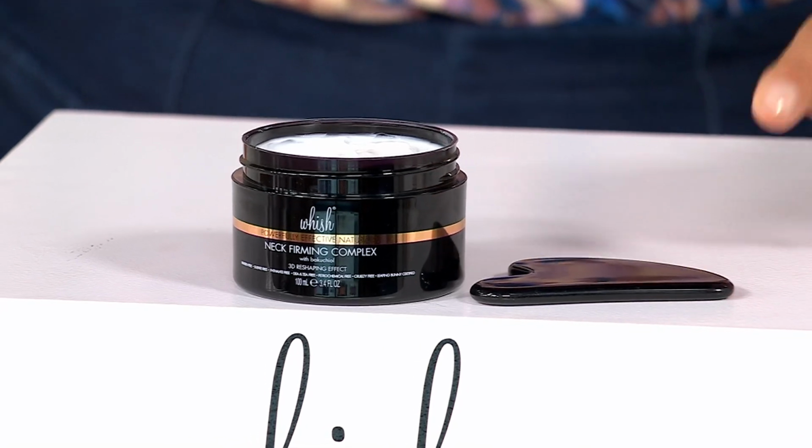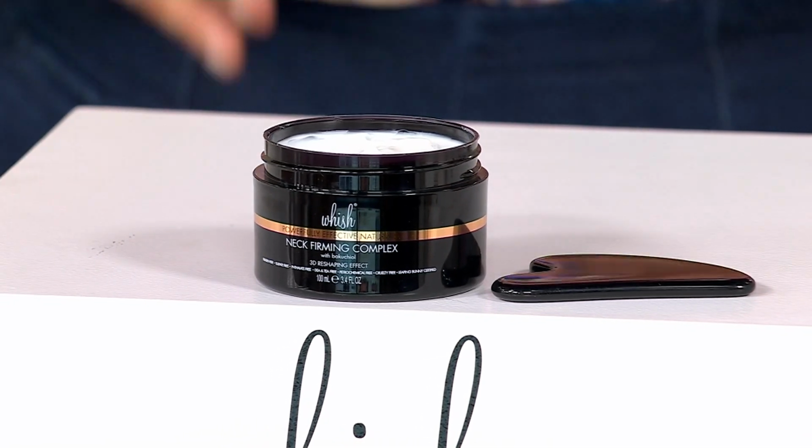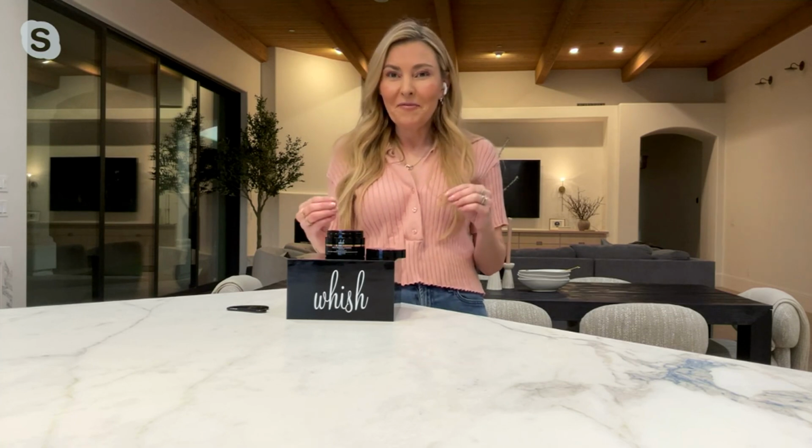So Amy, we just looked at something that was kind of for top to toe. So what made you create the neck complex as well? Yes, so the super cream is amazing. This is your tip to toe, your moisturizer, your daily treatment. But there are a few areas on our faces and our body that might need a little extra oomph. And right now, I think everyone in this world can use a little extra oomph, and even start young, because